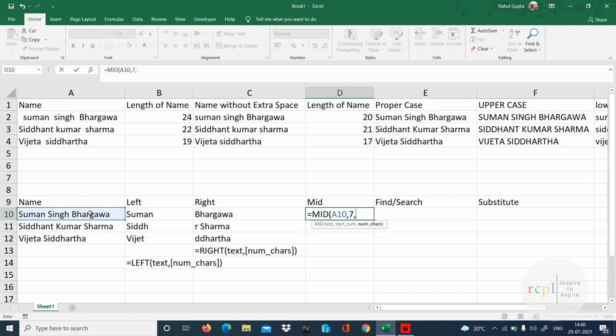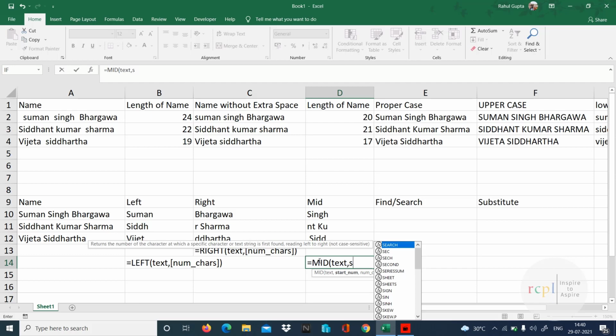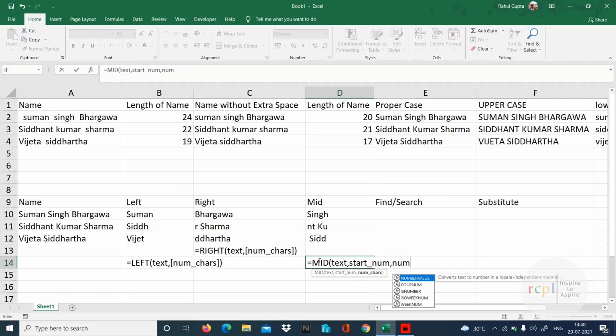How many characters? 5, because Singh has 5 characters. So you got Singh. Whatever comes in between, we are getting accordingly. That's what the mid function does. So equal to mid, text, comma, start number, comma, number of chars. Here chars are mandatory. You have to provide chars also.